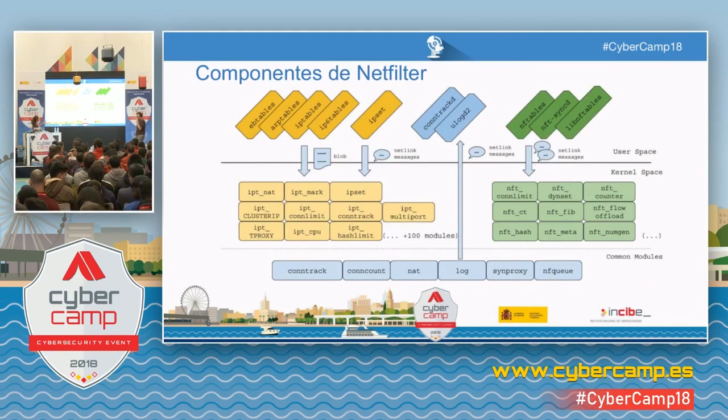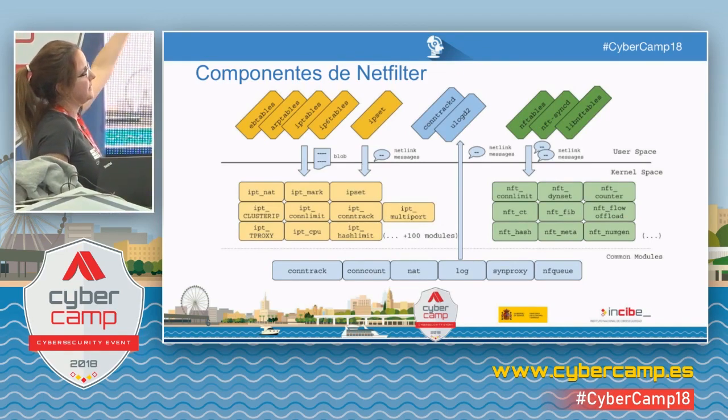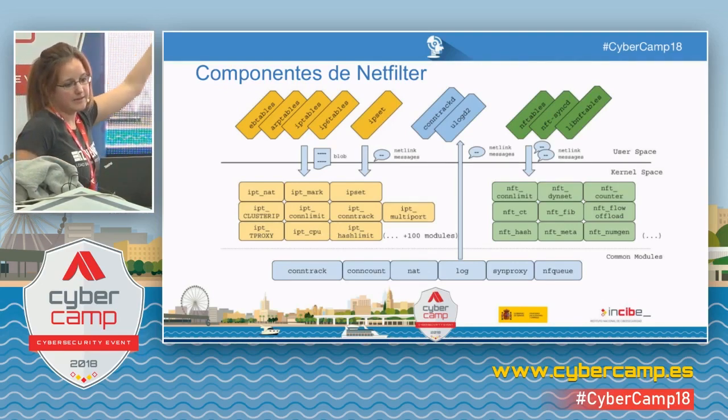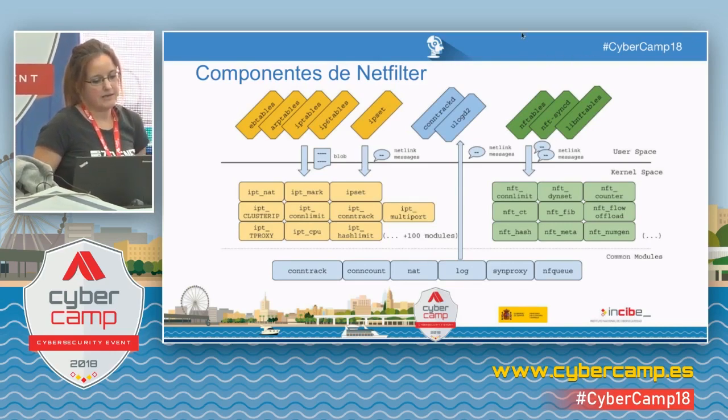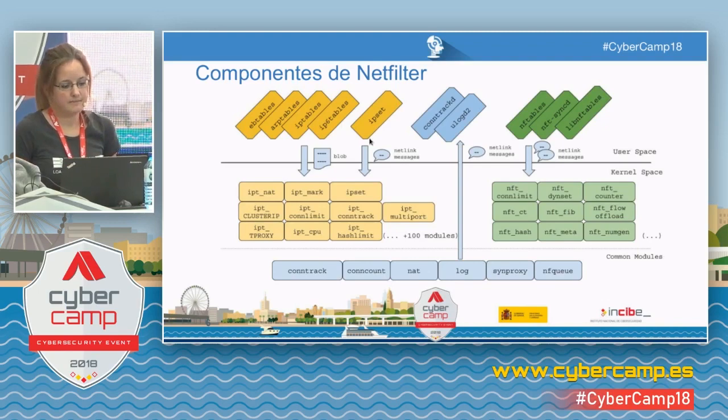So, different components of Netfilter. I don't know if you can see the text from the back of the room. You have the other screens closer to you, that might help. We have the darker lines to separate the kernel space from the user space. For iptables, users are in orange with different possibilities: iptables, arptables, ip6tables, and also ipset. All of these tools, or most of them,